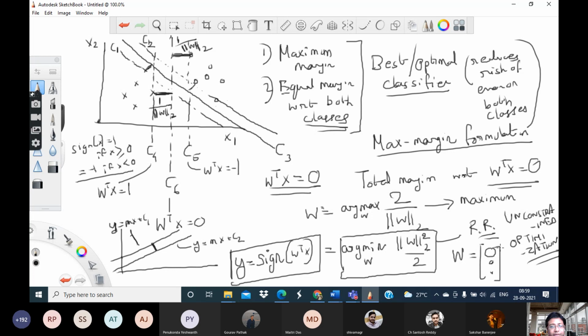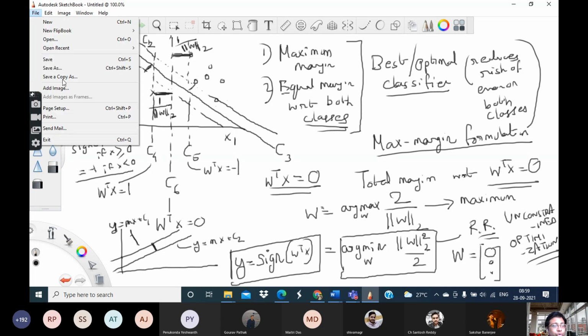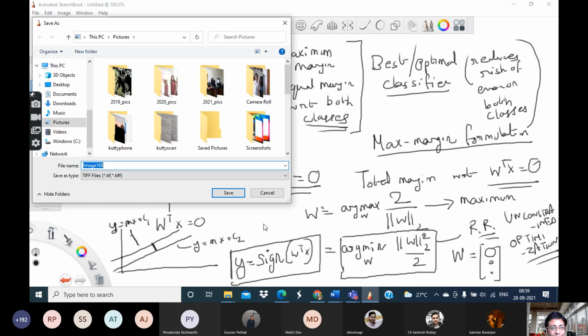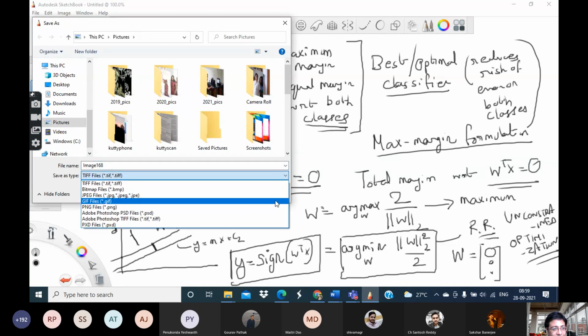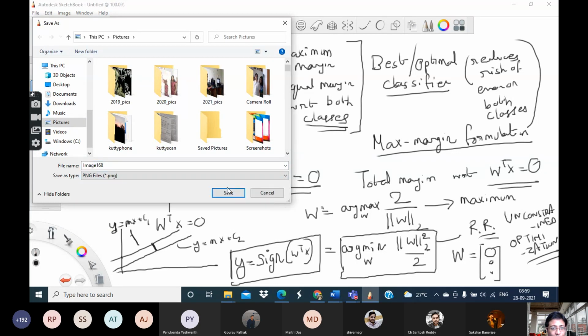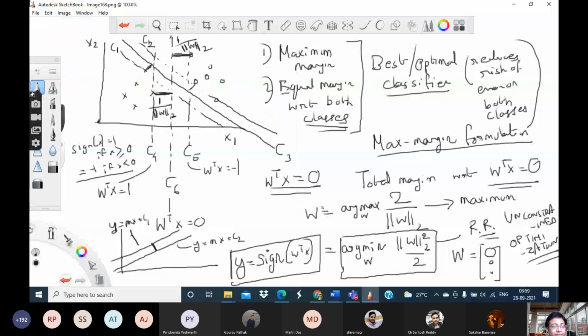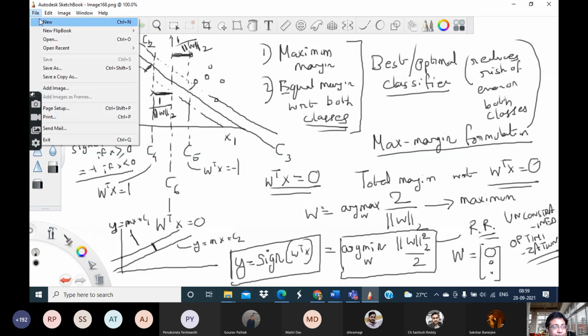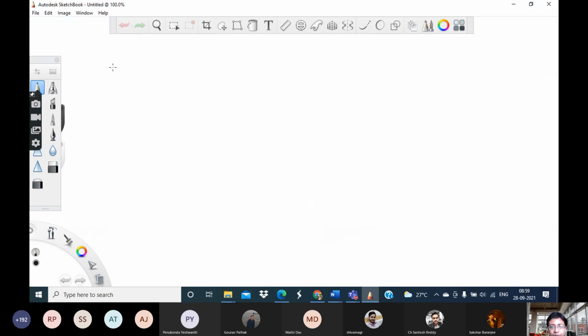So this will not do for me. What I have to do is go for constrained optimization. What is the constraint in this case? The constraint is that all the points have to be correctly classified. So basically, what we are trying to do is as follows.